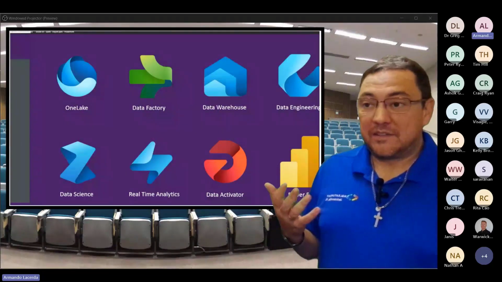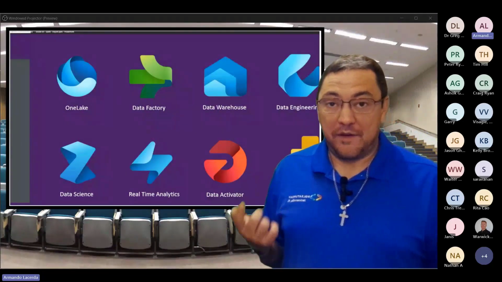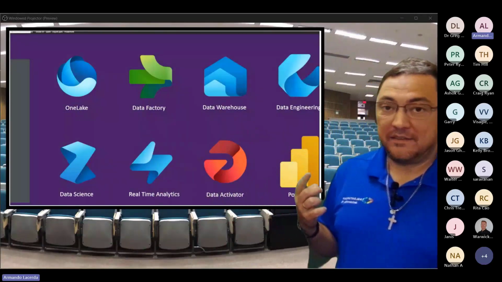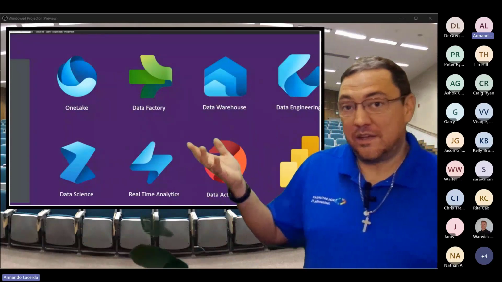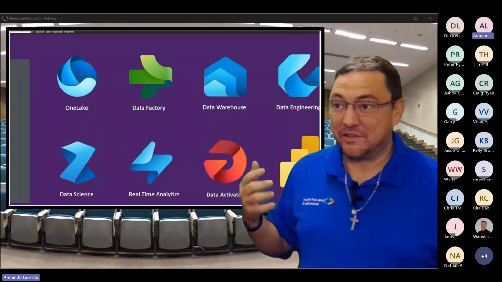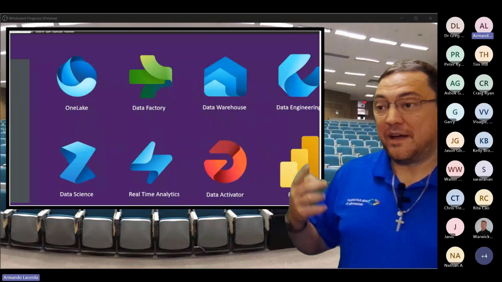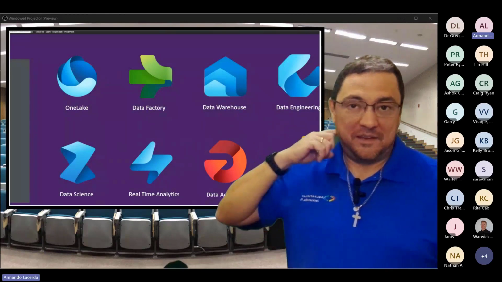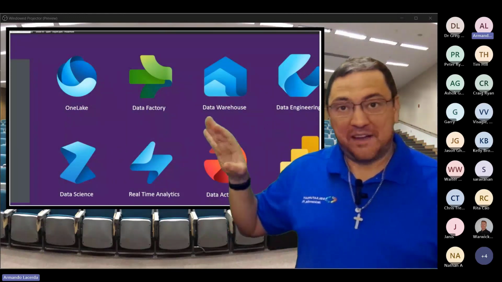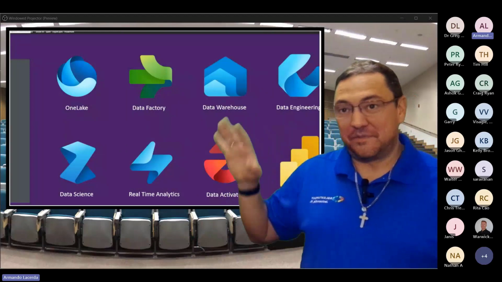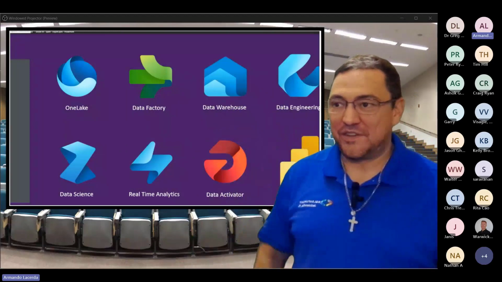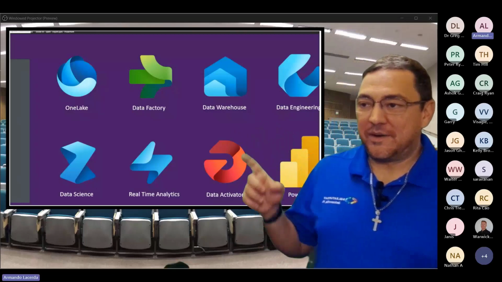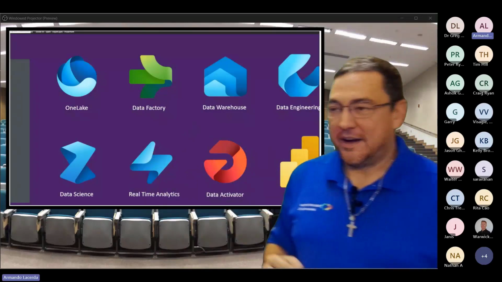So customers nowadays have the option to work with the whole Fabric platform, or just Power BI and forget about the rest of it if you don't have demand for it. But if you do, you can use Power BI with everything else because Power BI is already part of Fabric. When Power BI came green a few months back, it was the first showing, the first effect of being integrated with Fabric. And then you get the data engineering, the data warehouse, all of the other features in there.